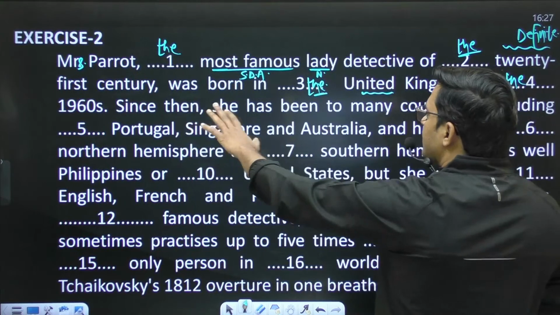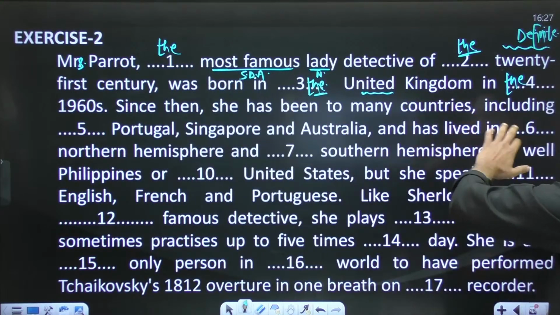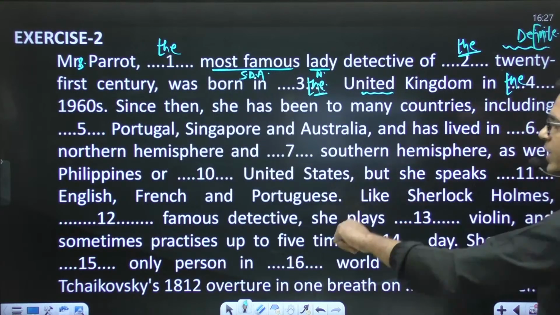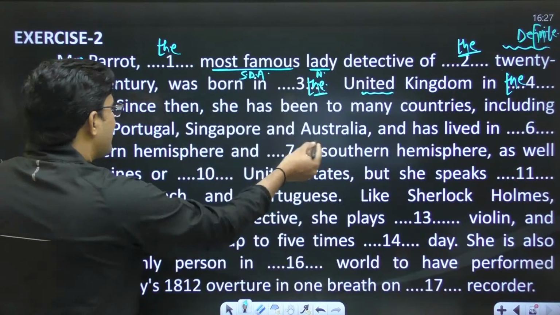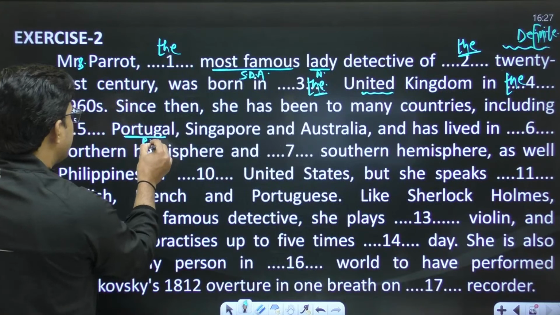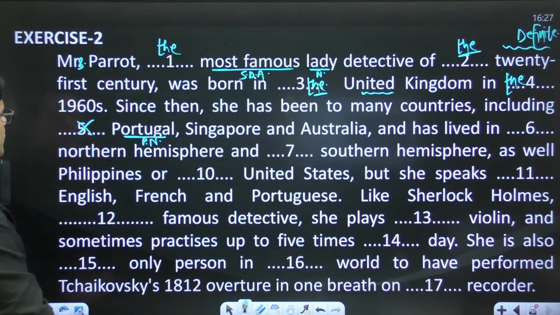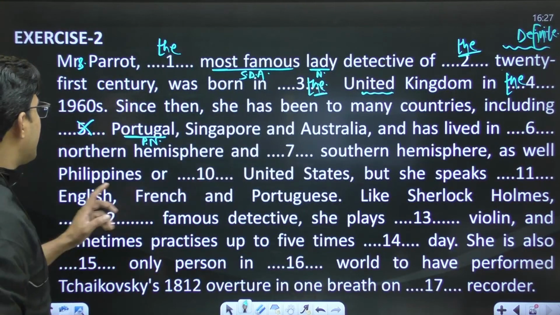Since then she has been to many countries, including Portugal, Singapore, and Australia. These are proper nouns, right? And before a proper noun, we don't use any article. There is no need of an article. And has lived in the northern